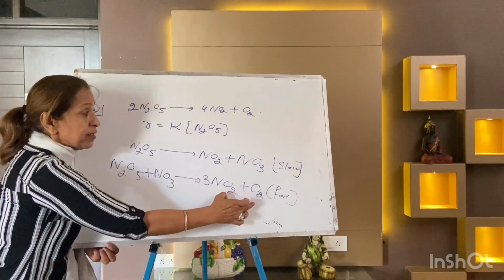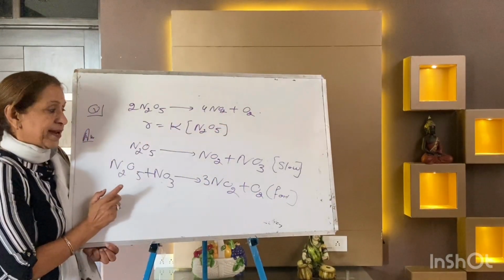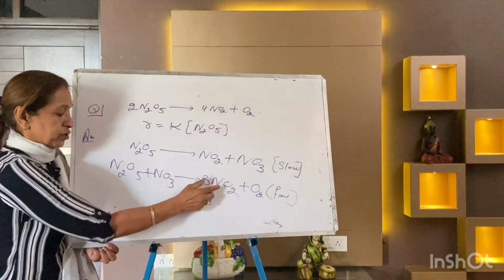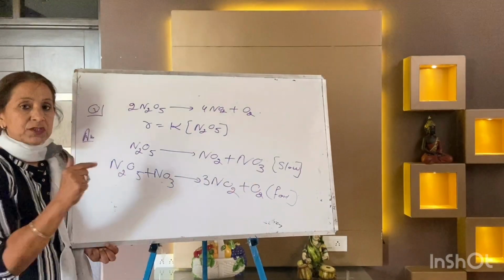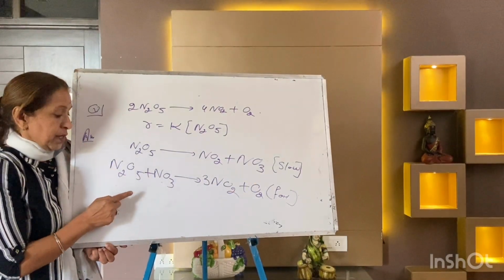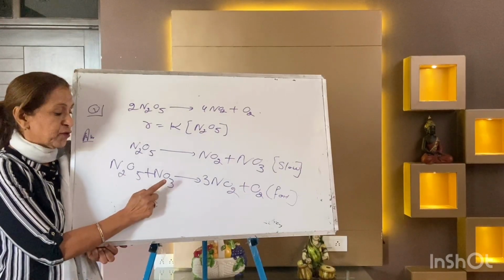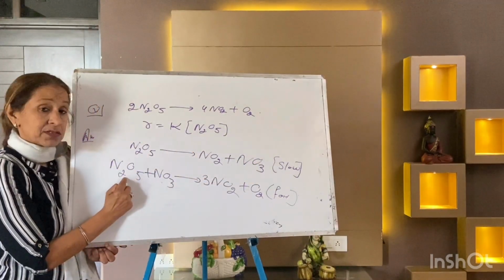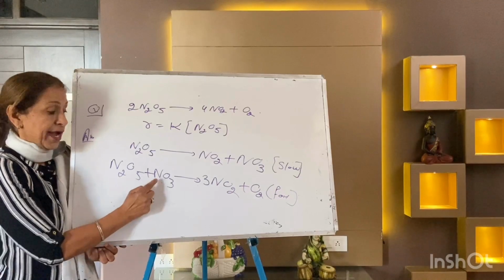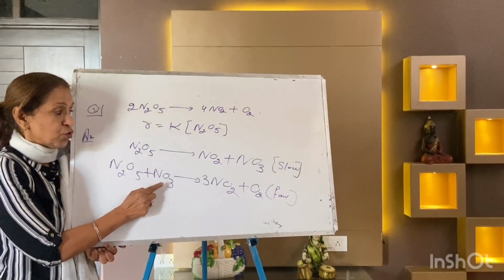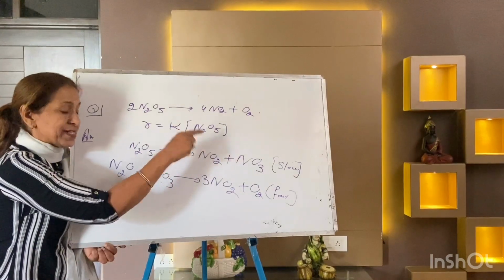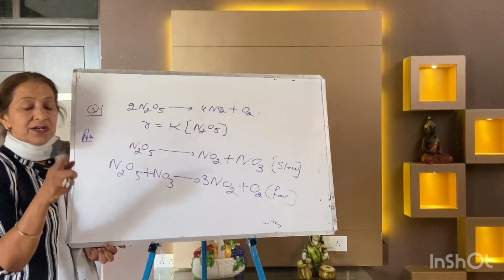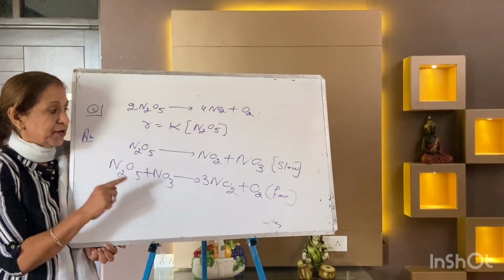Everything you will have to write that is present in the overall. You can see whether the reaction is balanced or not, second equation especially. It's 3 nitrogen, 3 nitrogen, 8 oxygen, 8 oxygen. Reaction is fast. Now, a fast step has to wait for the slowest step. The time to liberate NO3 is very slow, but the fast step has to wait for it. That's the reason the slowest step is the rate determining step.